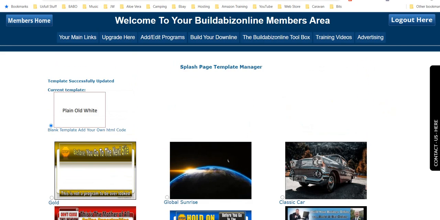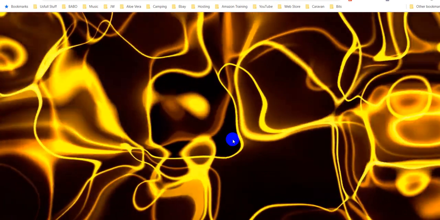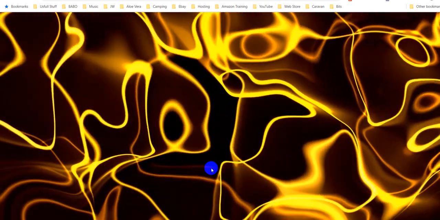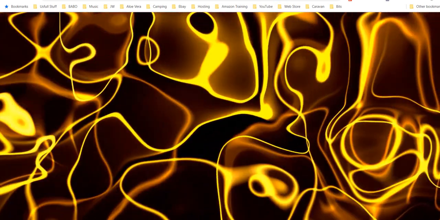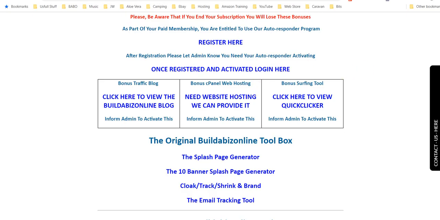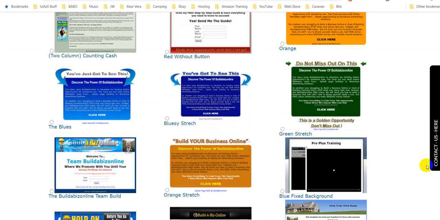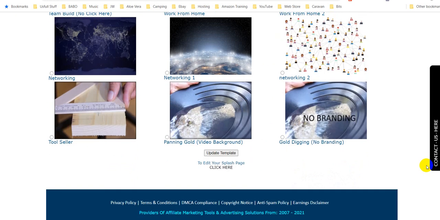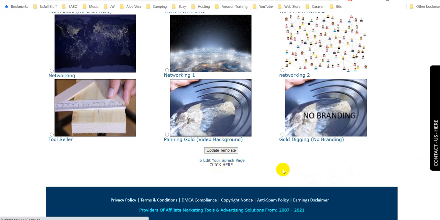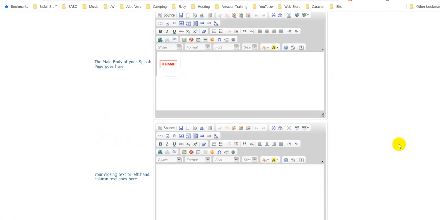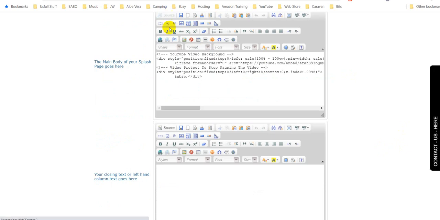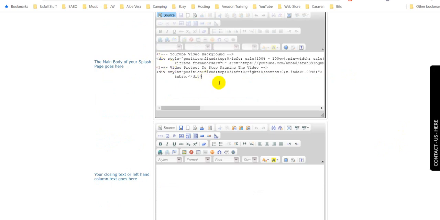Now you'd have to choose content, probably white text or something like that. Should we just try it? Wrong button, Ian, come on. Come all the way down to the bottom. Let's have a look. Where are you? Come back here. Let me just add something. I'm going to click on the source for this, and I'm going to add it just here. What I'm going to do, you don't have to do this, guys: create your content first, then add the code afterwards. But I'm just going to put,